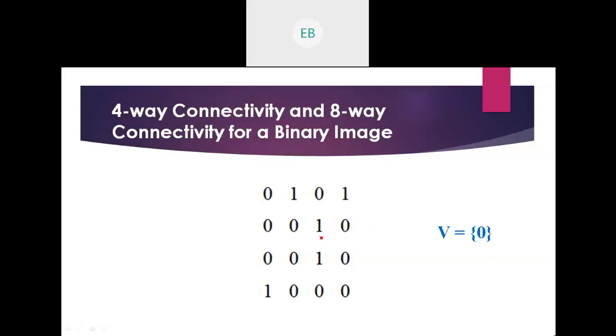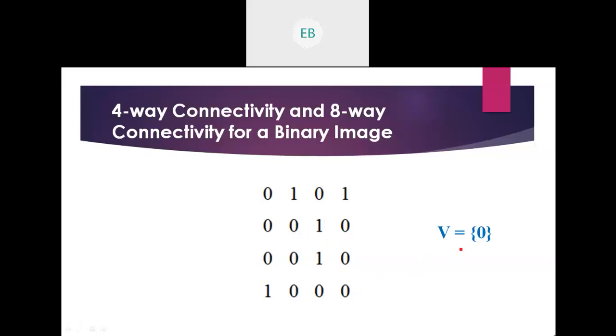See, suppose this is vertically connected, right? But these two are neighbors. Yes, but you also have to see that the value is the same. See, this is not connected because, it is a neighbor, but the value is not the same. But these two are connected because the value is also the same, and definitely it is a neighbor. So did you get it now? Yes, Tafazul? Okay.